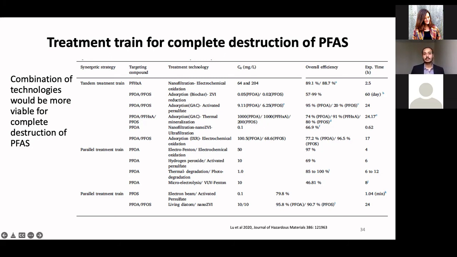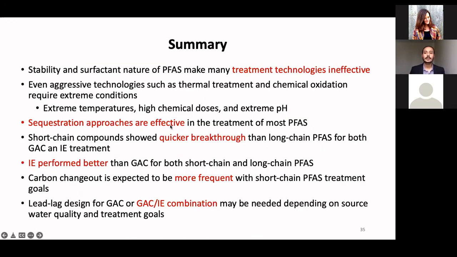They've been tested only at bench scale, and more research is needed to understand the efficacy and cost associated with them. It will also vary depending on the applications we are targeting for PFAS removal or remediation. So in summary, the stability and surfactant nature of PFAS makes many treatment technologies ineffective. Even aggressive technologies like advanced oxidation and thermal treatment that work well for most contaminants do not work well for PFAS,